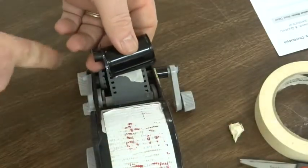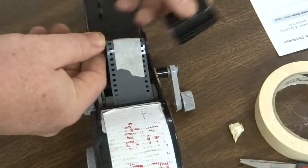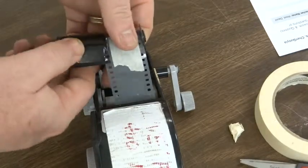If you do that and put it in the chamber, it will still load. However, the emulsion will be on the wrong side when it's in your camera, and your pictures won't be recorded. So flat side up, slide this on,